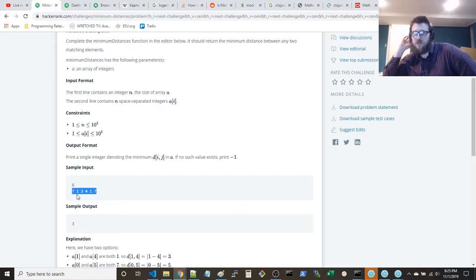I was going to say it should be a sorted list or something like that, but it doesn't matter, because if you move left to right, the indices are going to be increasing anyway, and you're going to push the indices that you see that particular value at. So for instance, 7 would be 0 initially, and then the other 7 you're going to push. Looks like 1, 2, 3, 4, 5. So you push 0, 5 at key 7, and then for 1 you push 1, 4, and 3 is going to be 2, and 4 you push 3. So you push all those values into your hash map